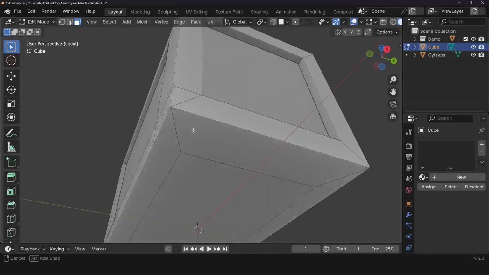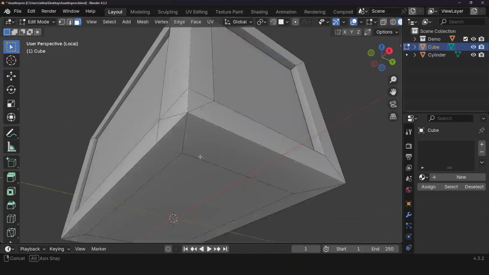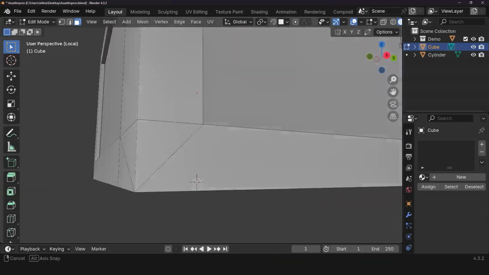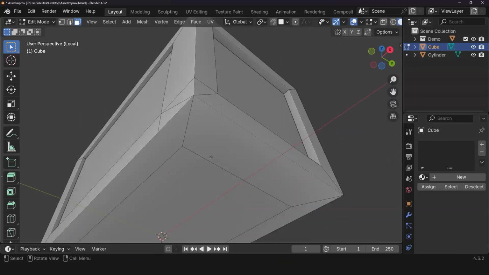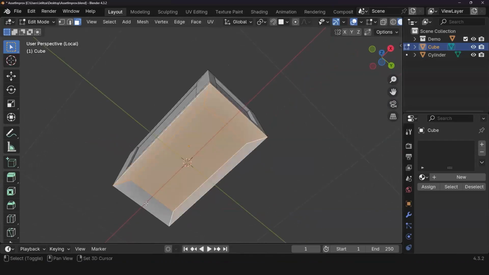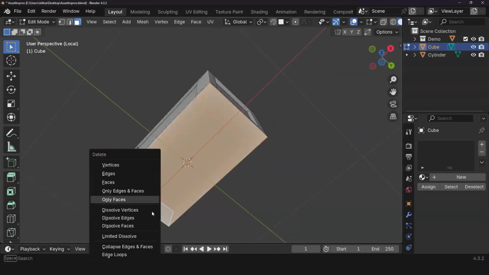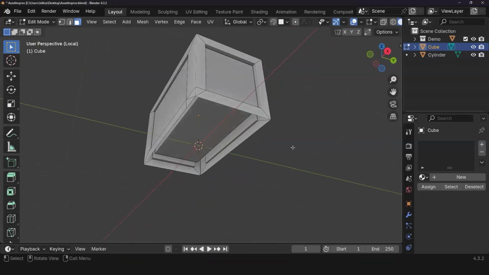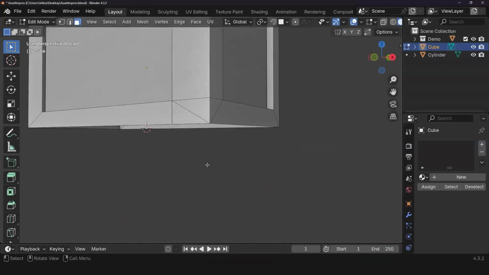And to be honest, I kind of want to just delete the bottom. Yeah, I might do that because I want to skip steps. Let's skip some steps. Why not? And we can fill that later with the fill tool. And I can show you guys basis. All right, cool. All righty.